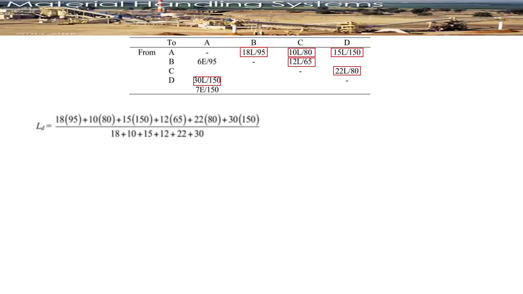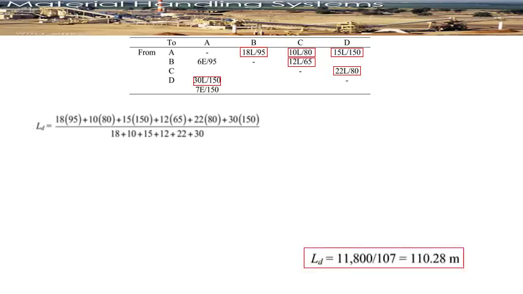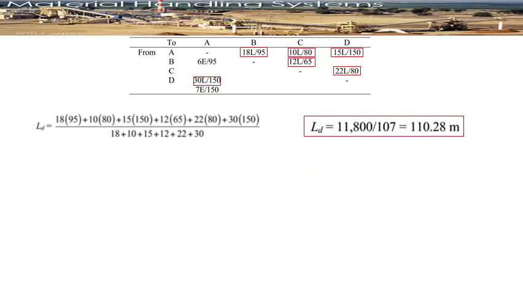Then at the denominator we are going to have 18L plus 10L plus 15L plus 12L plus 22L plus 30L. So the next step, we are going to find the answer for the LD, which is going to be